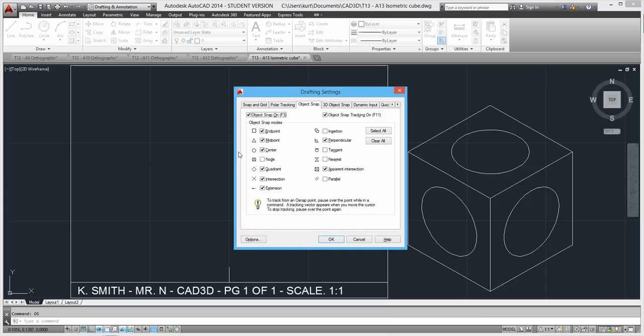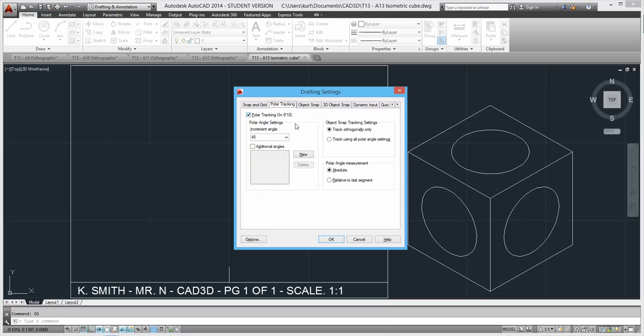You're going to notice that this drafting settings tab will come up. It is going to provide me with a couple of different options. I always like to press O, snap, and enter, and it will usually give me these drafting settings. This is where I can switch my endpoints, my midpoints, which is basically what I have down to the left here. Now, I don't need to change any of that, but I can also go to the left here and